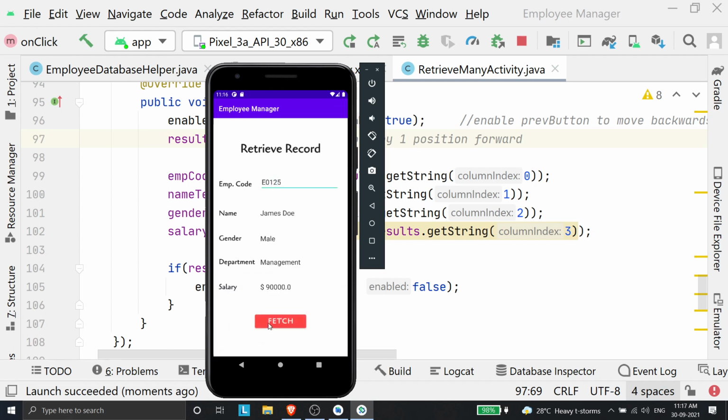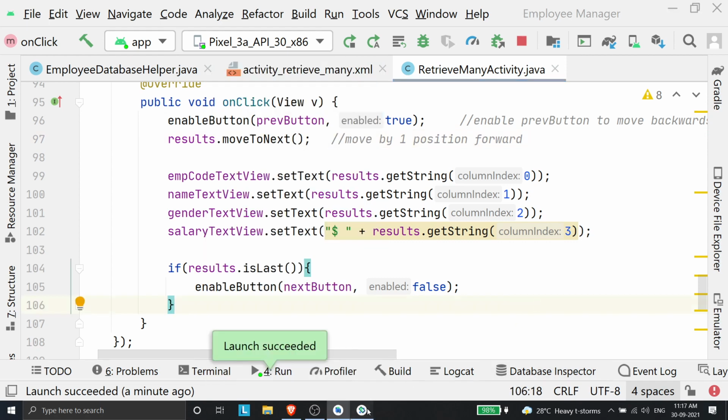This is what SQLite helps us with. It gives us persistence. Data will persist even if you move away from the application or switch off your phone or whatever. The records will be stored inside a DB file and it will be available for you as long as you have your application. If this application is uninstalled, it will go away. Otherwise, it will be there. So you can use your database inspector for navigating through the database as well. So this concludes my demo.